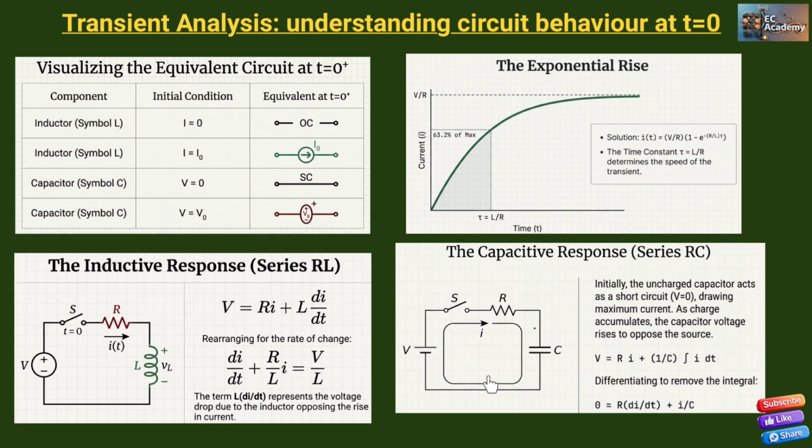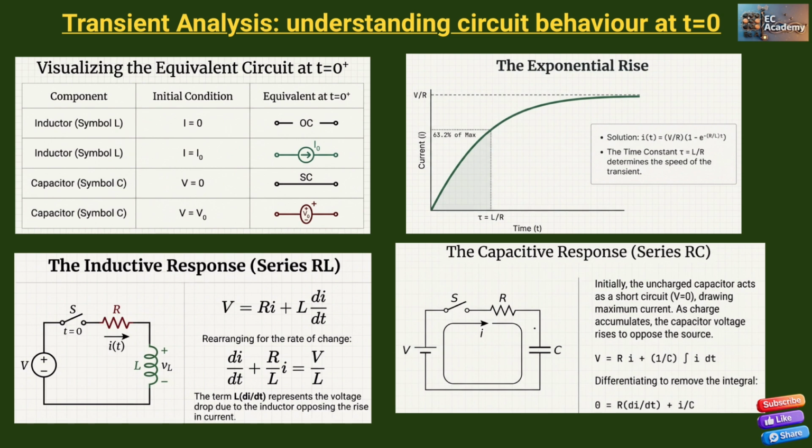So let us consider the circuit where R and C are connected in series. Here you need to remember that the capacitor acts as a short circuit initially. This means at the very first moment it draws maximum current. As charge accumulates, the capacitor voltage rises to oppose the source and the current starts dropping. So for the inductor, current starts increasing, and when the capacitor is connected, the current starts dropping because it opposes the